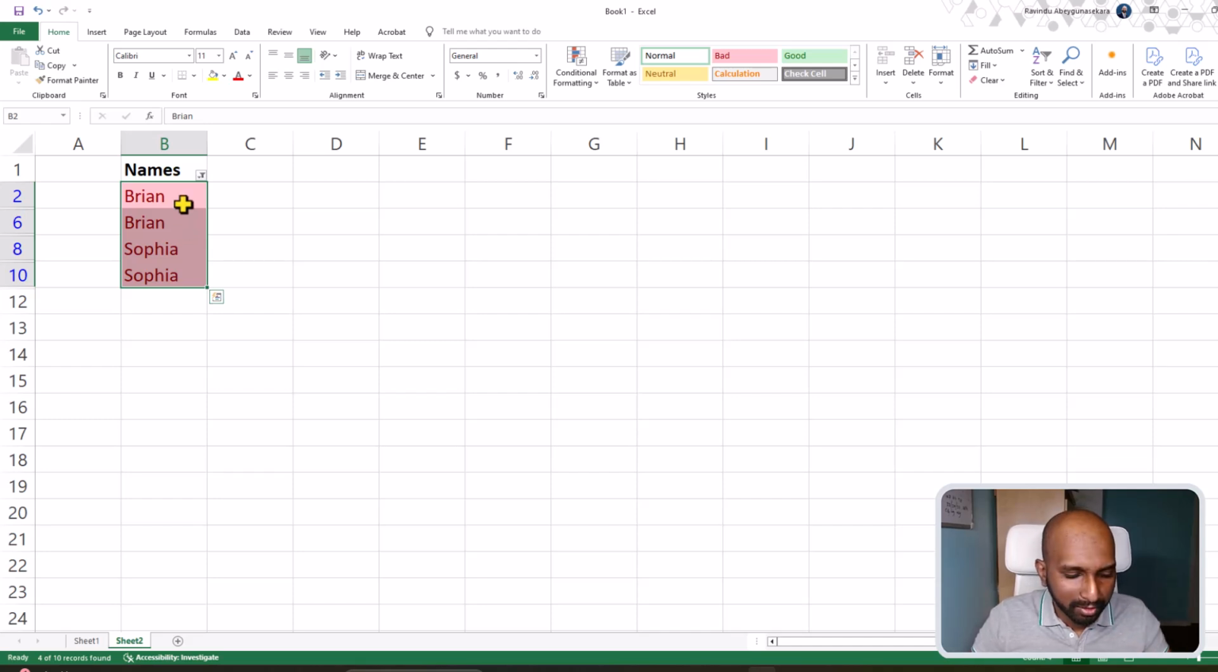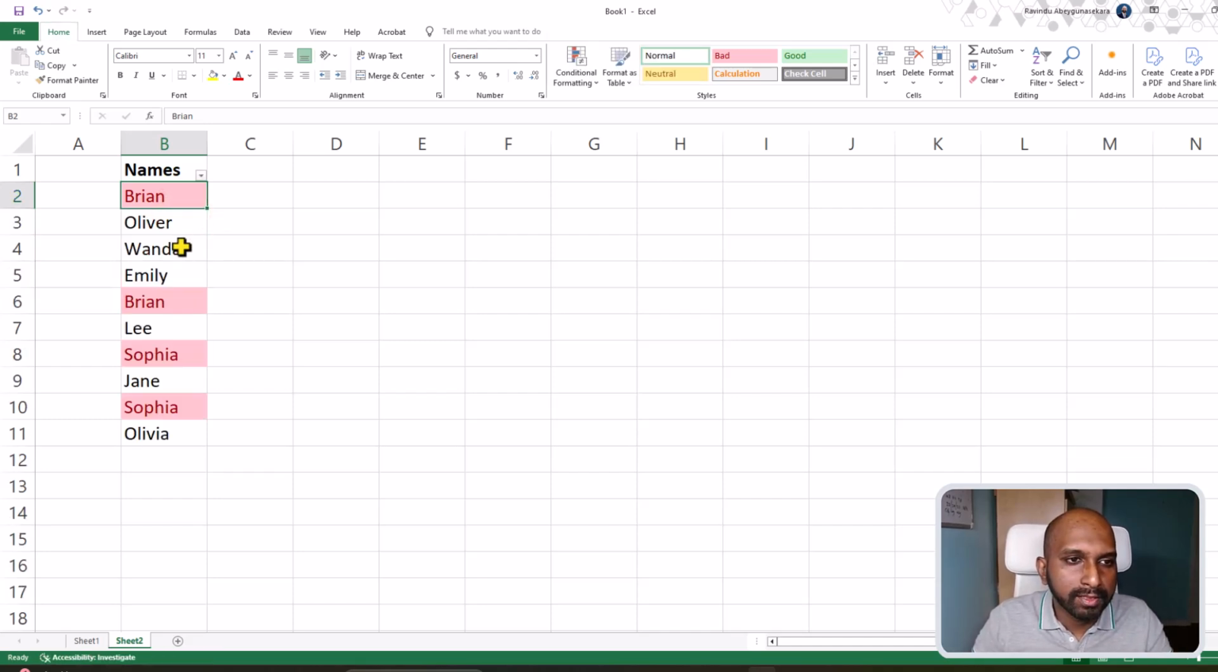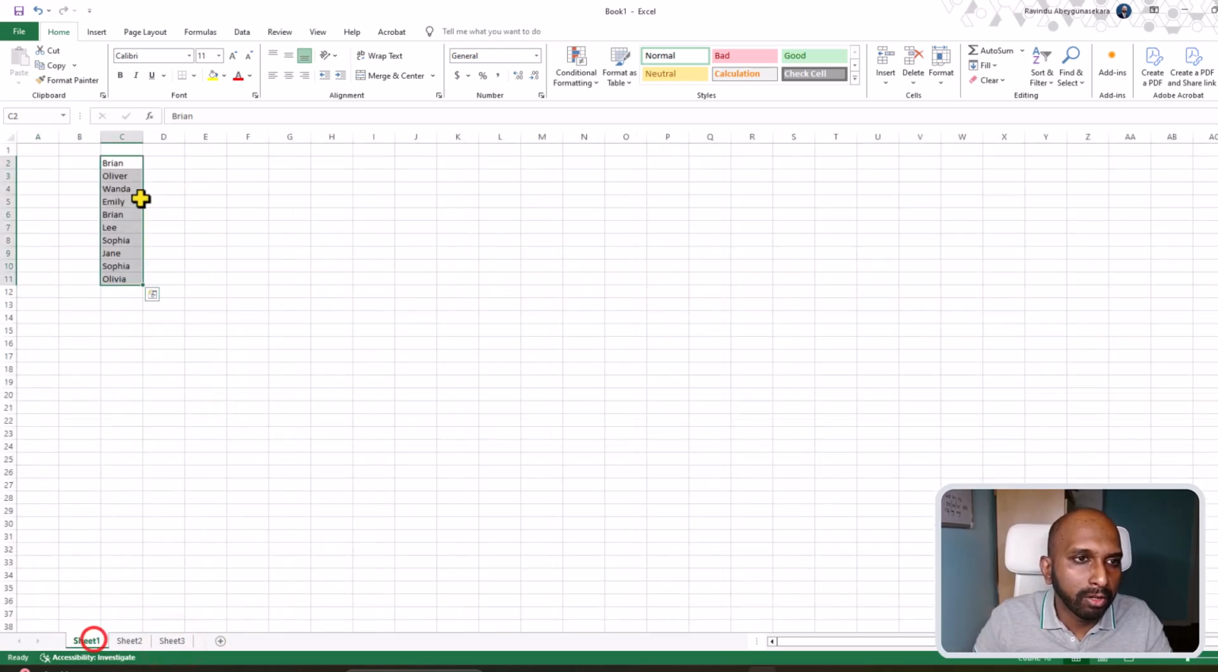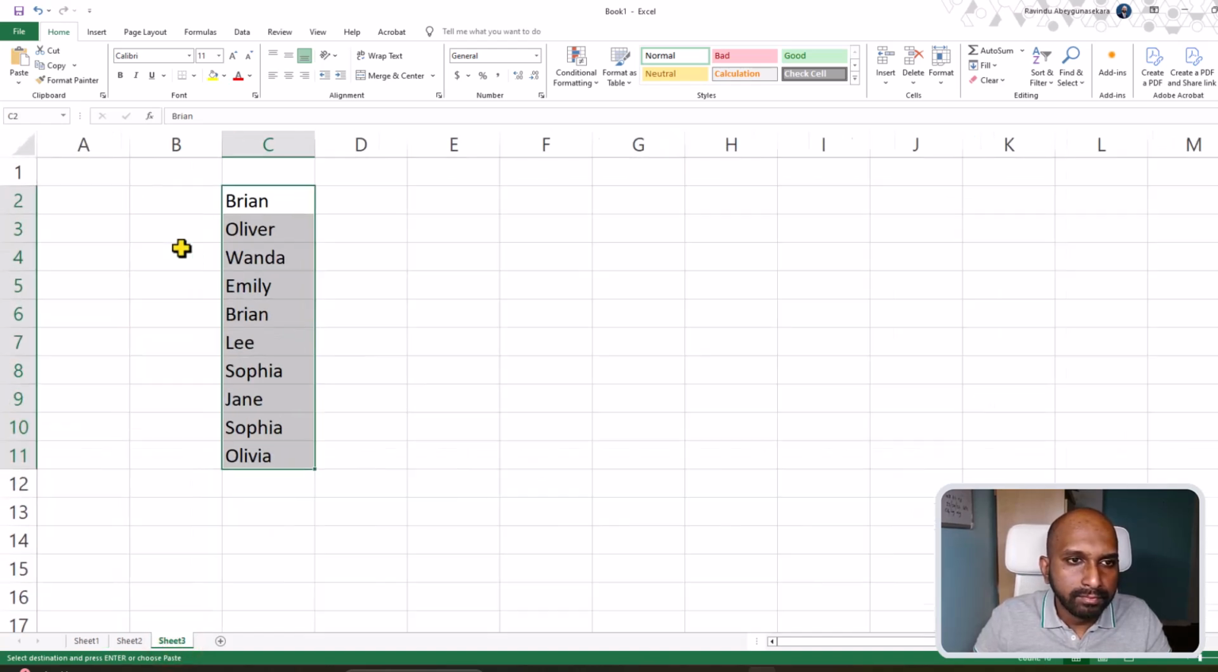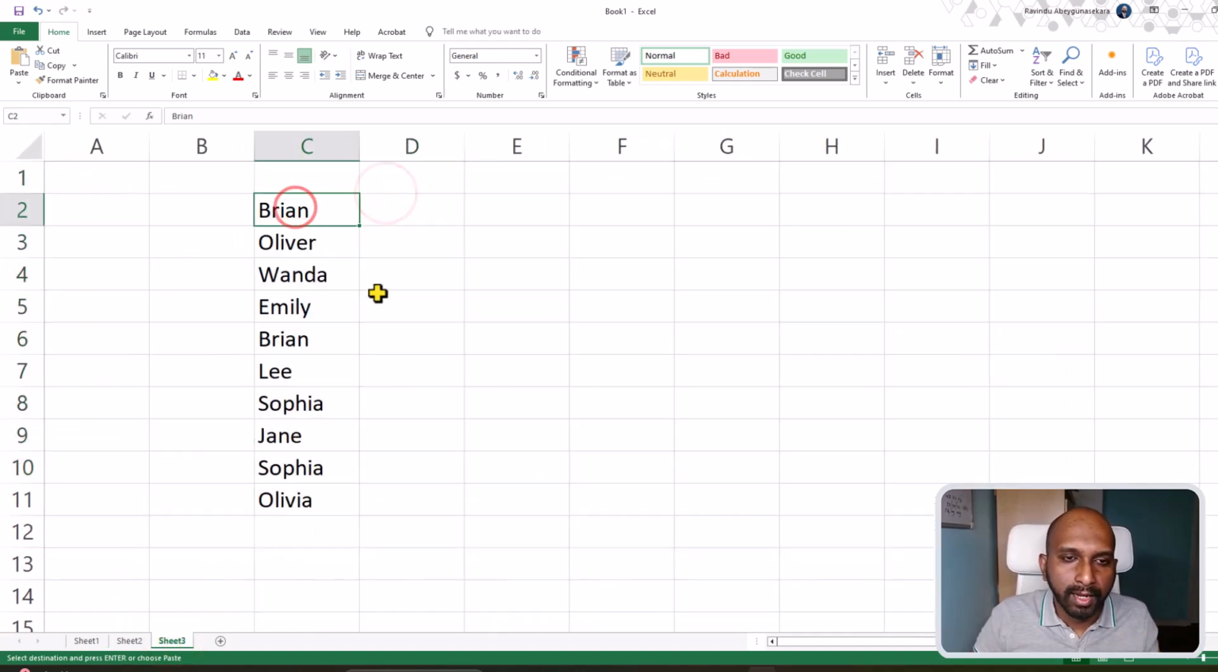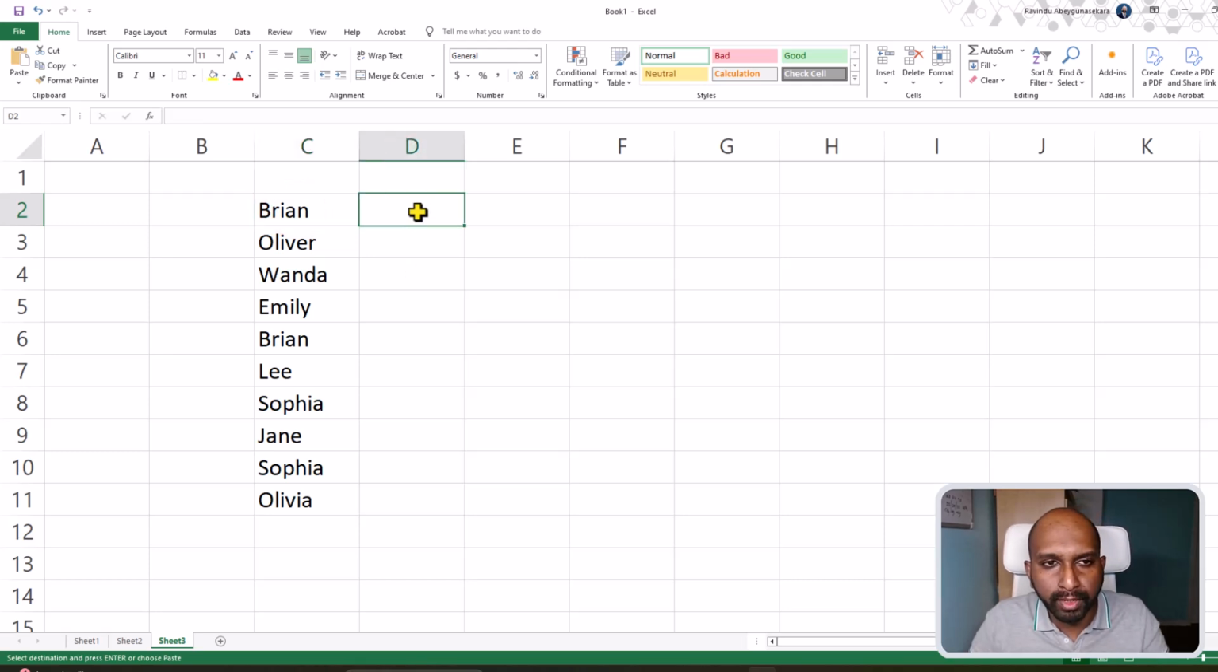Okay, cool. Let's remove the filters and go to another sheet. I will copy these names again. All right, the last method, that is using the COUNTIF formula. Let's say you want to figure out how many times a name repeats in this list. To do that, we can use COUNTIF. This is how you do it. You type COUNTIF,